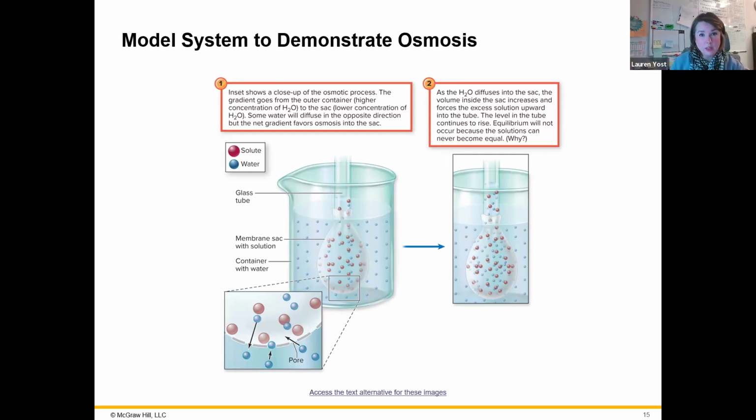You've probably seen images like this, but it's literally only governed by the fact that only the water can move, not the solutes. So remember, the solvent of life is water. The thing that is dissolving the liquid is the water. The thing that's dissolved in the liquid, like salts and things like that, are solutes. So you need to remember that term, all right? And if the solute, like salt or something like that, can't cross the membrane and only water can,